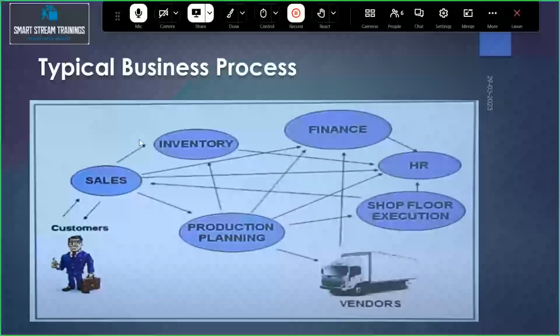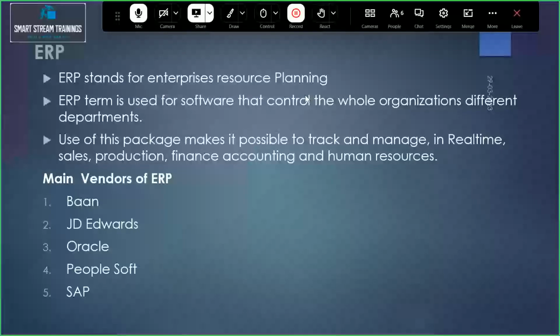So you understand what ERP is? ERP stands for enterprise resource planning. It is a complete package. Inside this package, apart from SAP, we have other objects also: Baan, JD Edwards, Oracle, PeopleSoft, and our SAP.